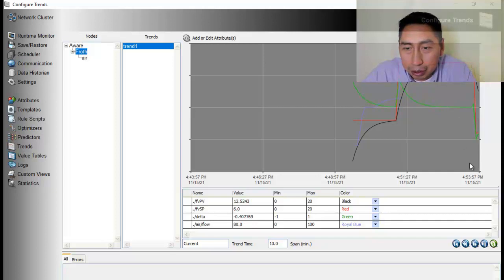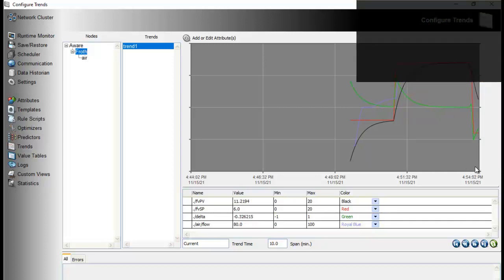So anyway, I will check later a much better value. So right now my set point, I put a value at 7, the red line, so immediately the process value is reaching the set point,